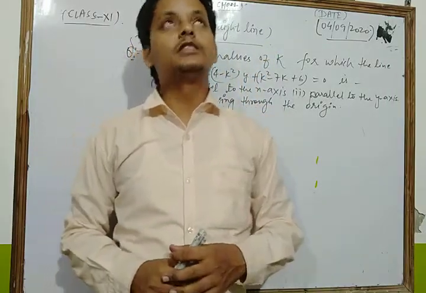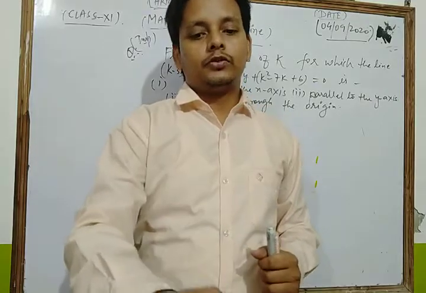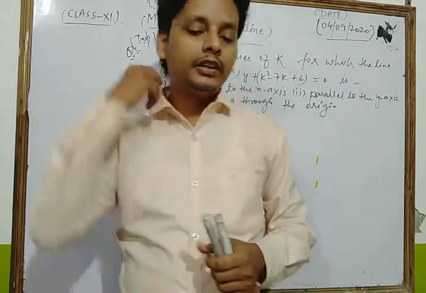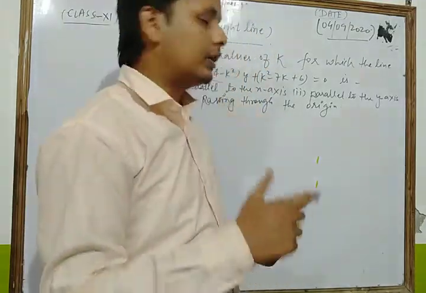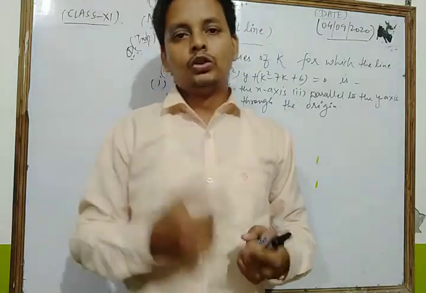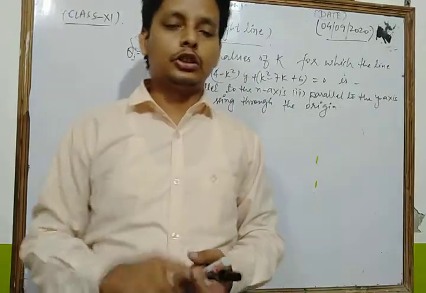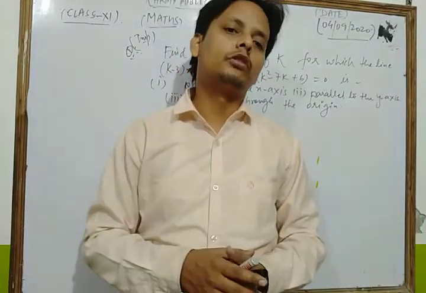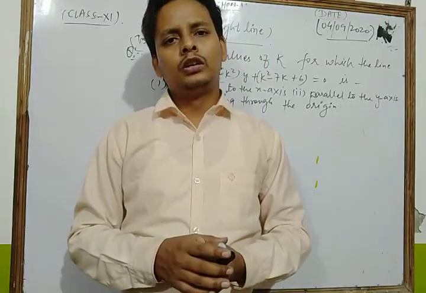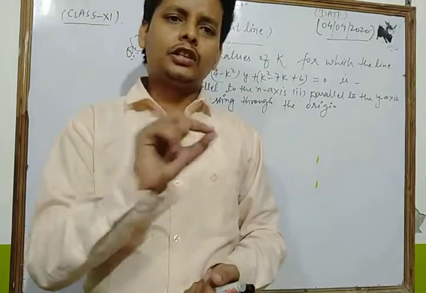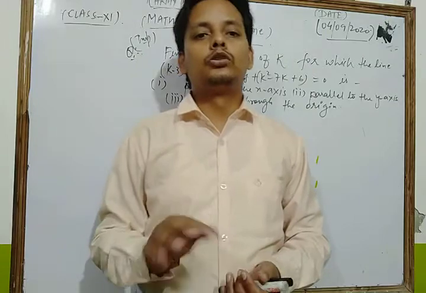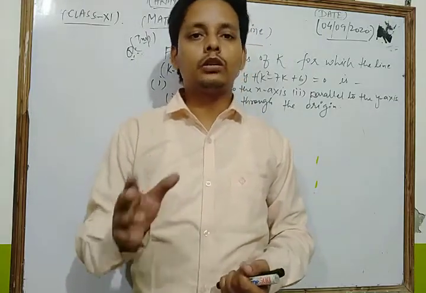Dear students, in the previous class we discussed the topic of transformation of the general equation of a line into different standard forms. We converted the general equation of a line, ax plus by plus c is equal to 0, into slope intercept form. We also discussed the transformation of the general equation of a line into intercept form. In that way, you can convert any general equation of a line into slope intercept form, as well as transform the given equation of a line into intercept form.